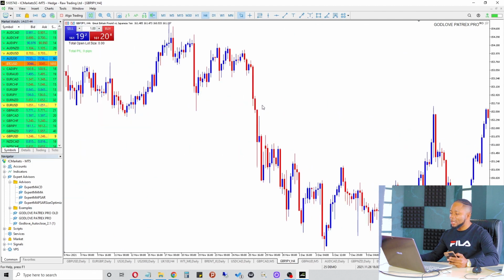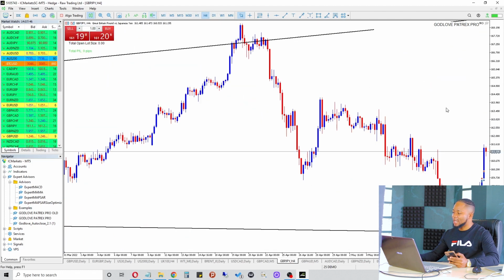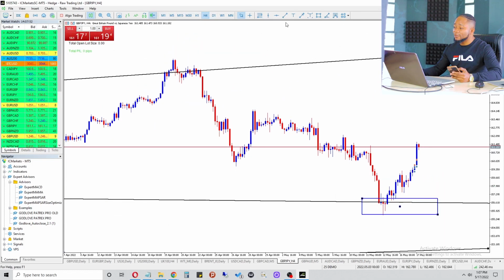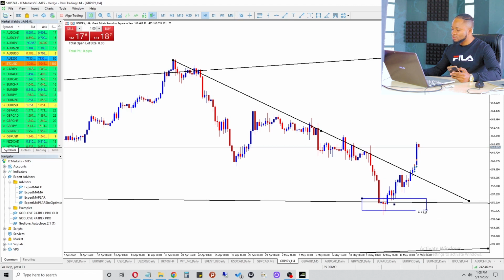Immediately we come down to the 4-hour time frame. See what is happening, guys. I want you guys to see this. It happens all the time. Look at this. If I have to pick this particular trend, because there was a potential downtrend on the 4 hours. See, this box which I actually drew on the daily time frame is still here, because this was my box of reference. Good. So if I have to draw my trend line,